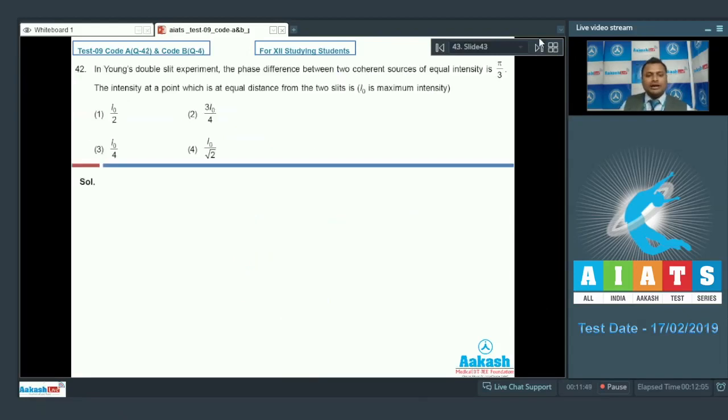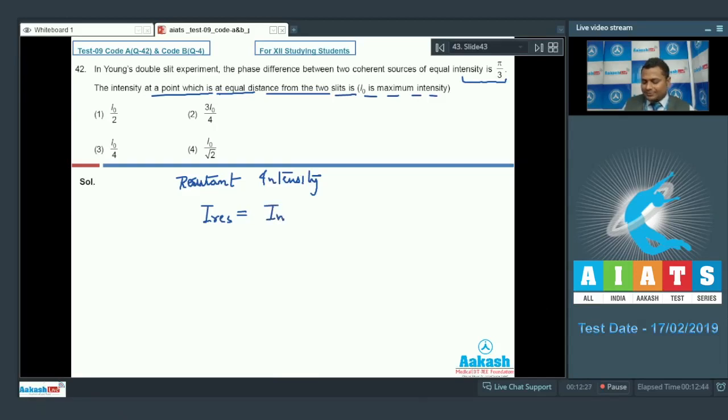Now let us proceed to the next question, that is question number 42. Question number 42. In Young's double slit experiment, the phase difference between two coherent sources of equal intensity is pi by 3. The intensity at a point which is at equal distance from the two slits will be, given that I0 is the maximum intensity. We know very well for such condition the resultant intensity is given by the expression I resultant equals I max, that is maximum intensity, cos square phi by 2,